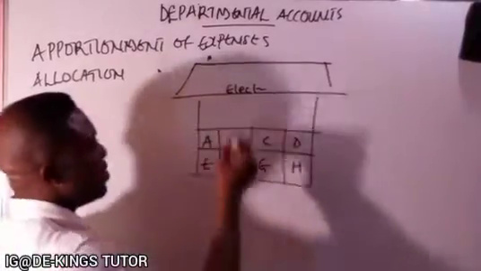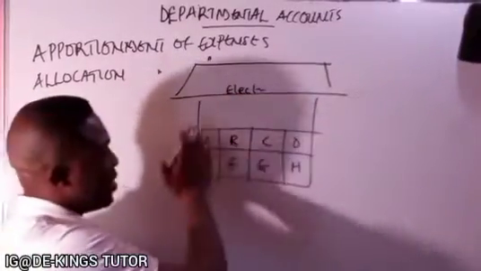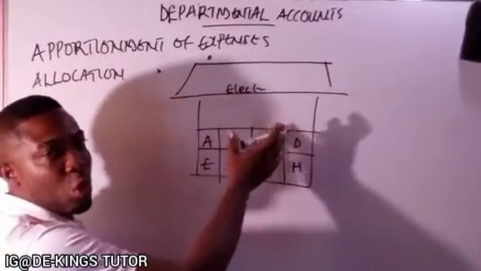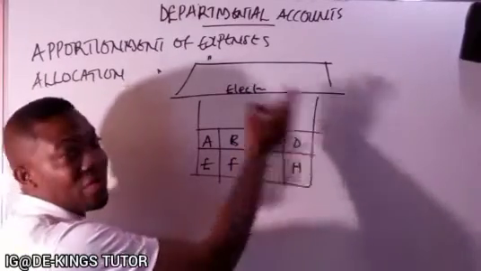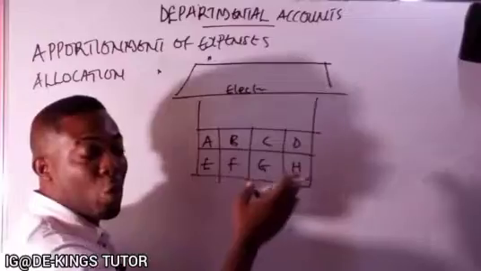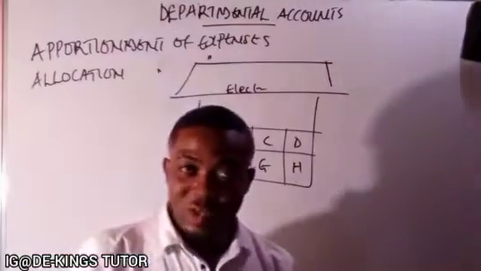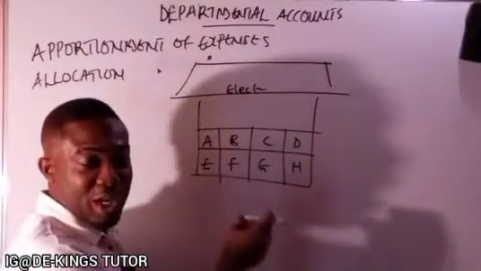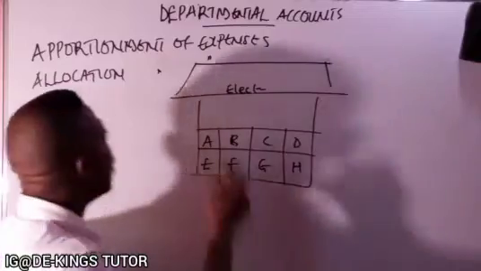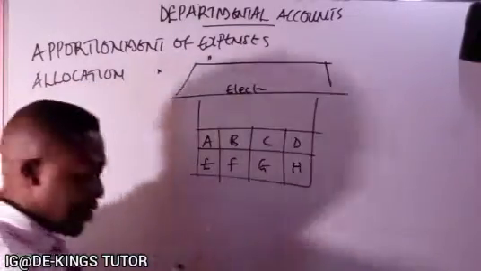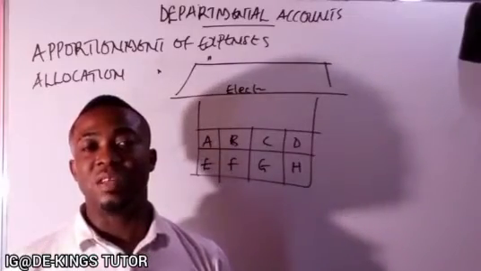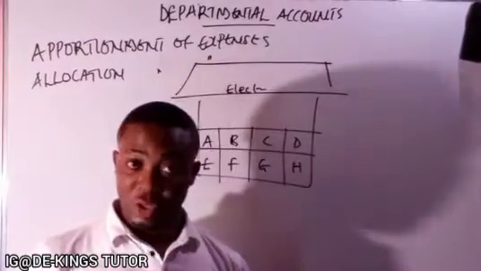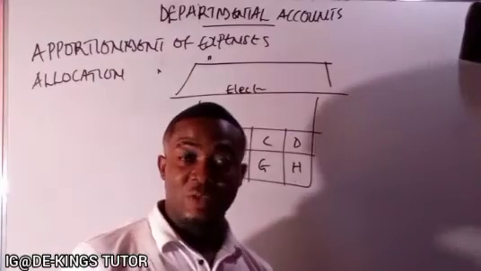Also in terms of rent, if this plaza is not owned by them, one department cannot say, okay, I'll pay the rent for everything. They also have to apportion the rent so that each gets a fair share of it. So apportionment is a fair share, whereby you divide it based on different methods. We have different methods of